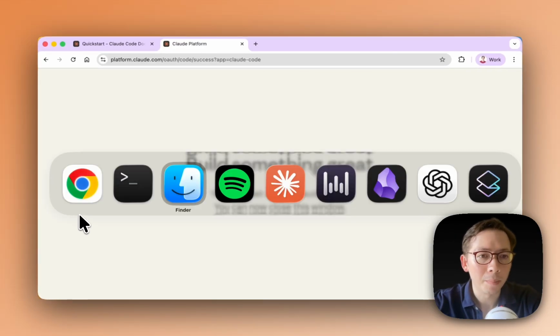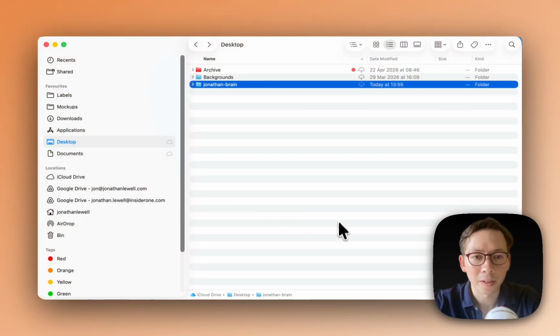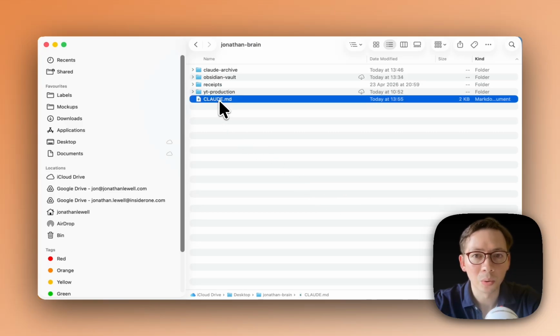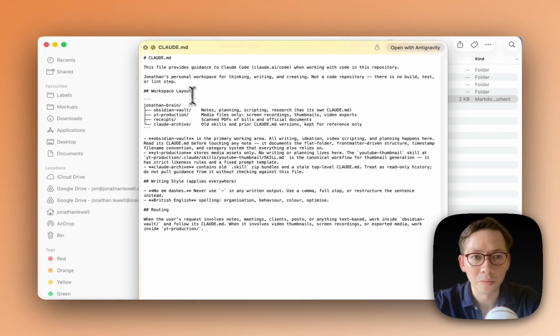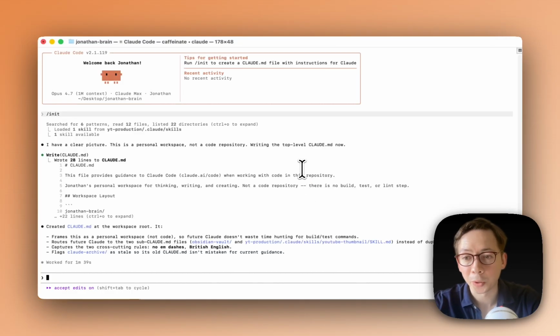And if I open up my folder, so my Finder, you can actually go into here and you can see it. So the Claude.md file is now here. It's a markdown file. And you can see it's got all of this information within this that Claude is now able to read. Following this, what you can do is, for example, start prompting. So let's say